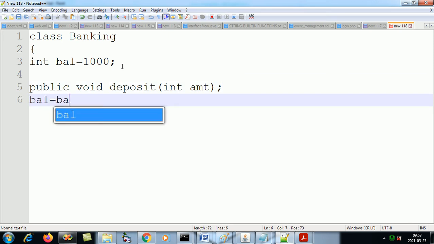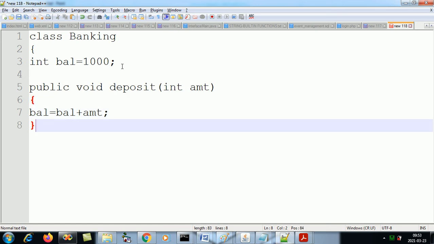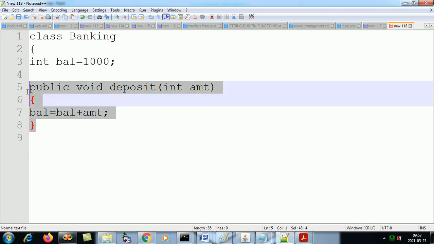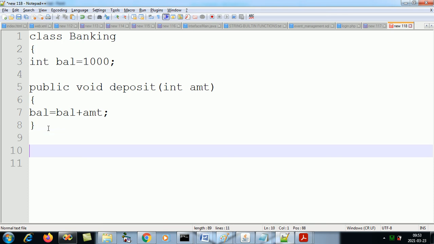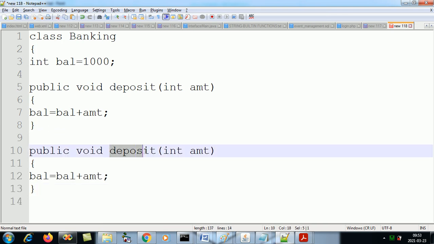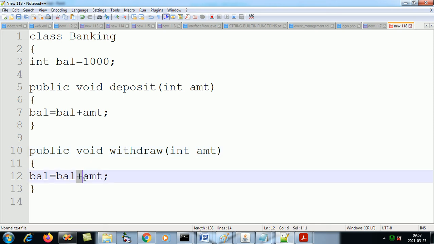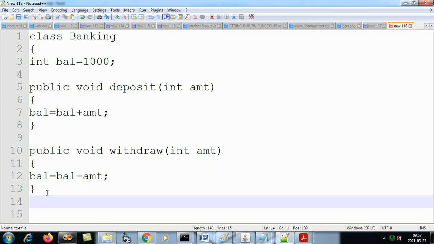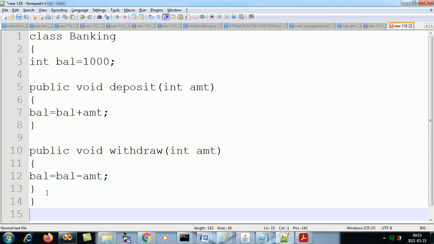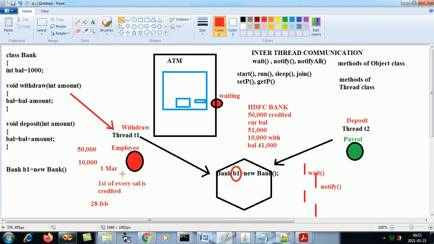Balance will become balance plus the amount, and I'll make a function withdraw. It takes an amount, and this will be withdrawn from the balance. Is this understood so far? Okay, very good. Now I need to create two threads also, T1, T2.